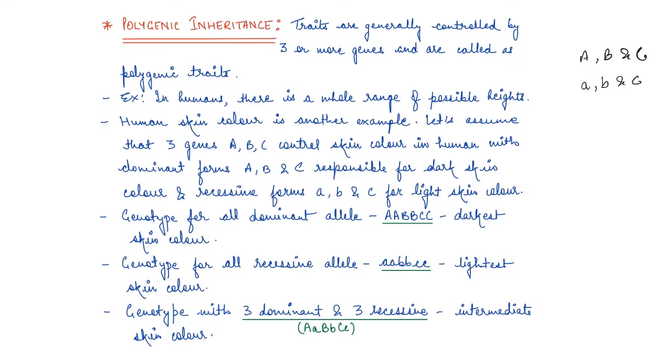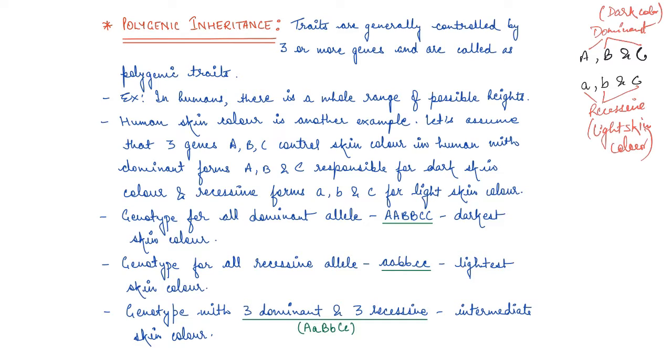So let's say A, B, and C are three types of genes which control skin color. Then these are dominant forms which basically control dark color, and these are recessive forms, and they control light skin